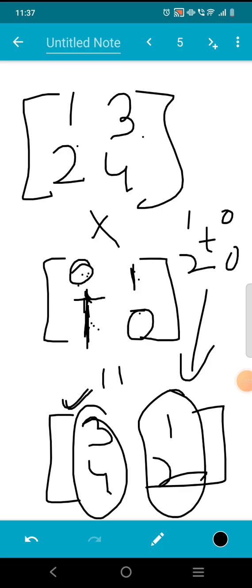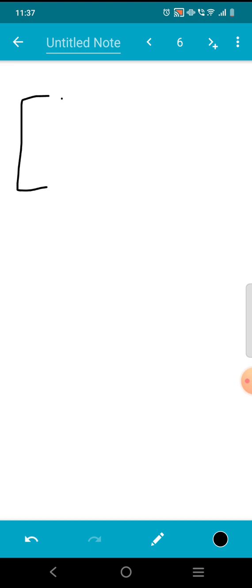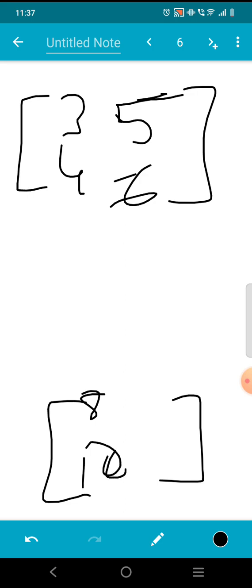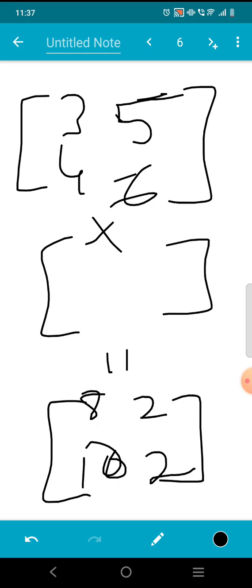Now similarly, we'll make other questions and solve them. Suppose here is 3, 4, 5 and 6. We want the output 3 plus 5 is 8, 4 plus 6 is 10, and then again we want the answer as 5 minus 3 is 2, and 6 minus 4 is again 2. I made the question, so I have already made the multipliers, and here we will find the multipliers. Our first column is 8 and 10, where I can see 3 plus 5, 4 plus 6. So 1 into column 1 plus 1 into column 2 will give us our first column.